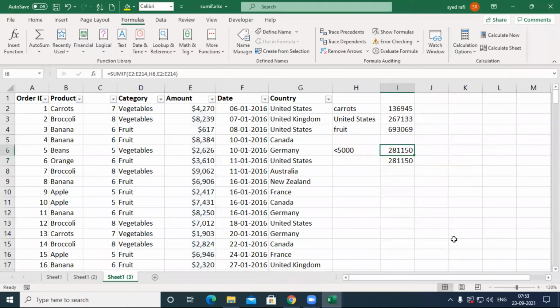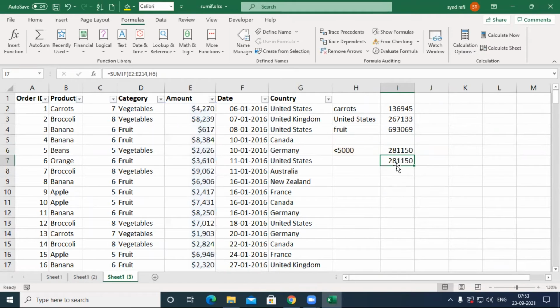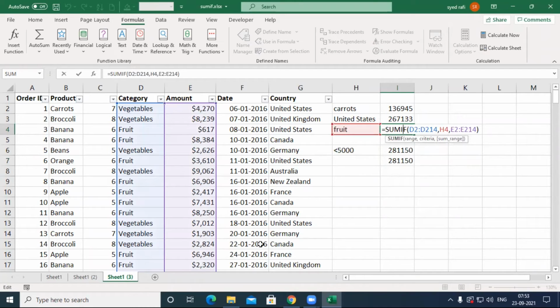Let's check. If the criteria range and the sum range are both equal, then you may ignore it. Not in this situation, where the criteria range is different and the sum range is different. Previously, when we ignored this one, we got 0. When we put this one, we get the correct answer.